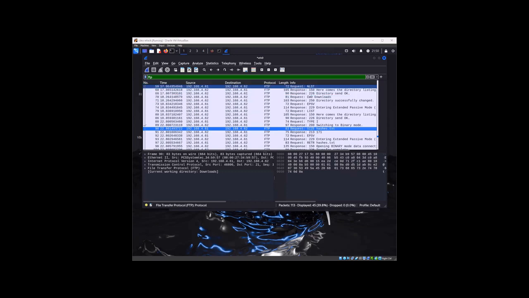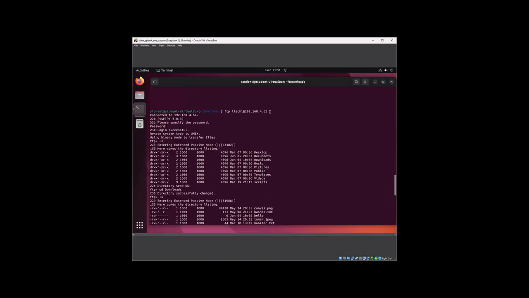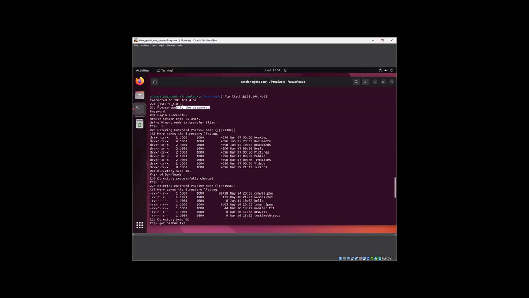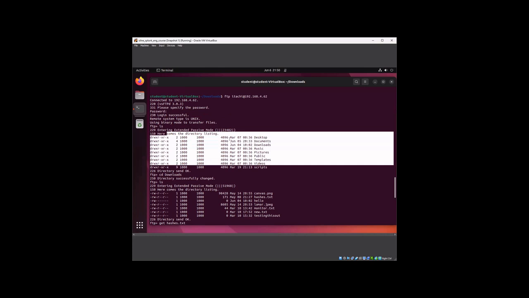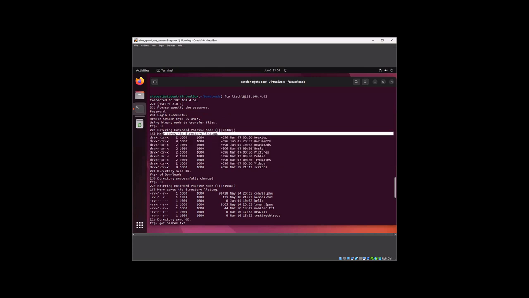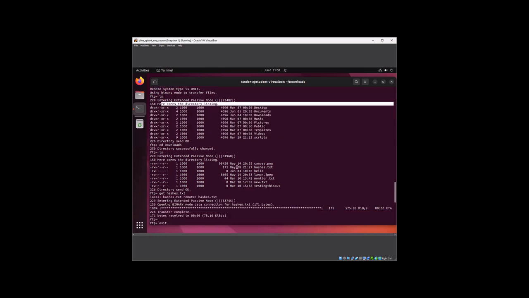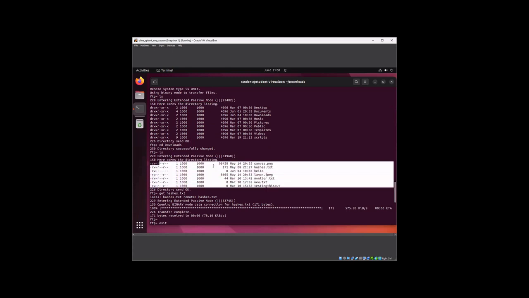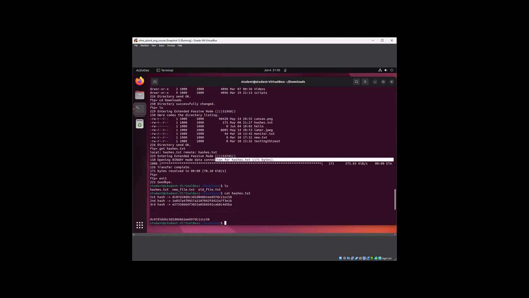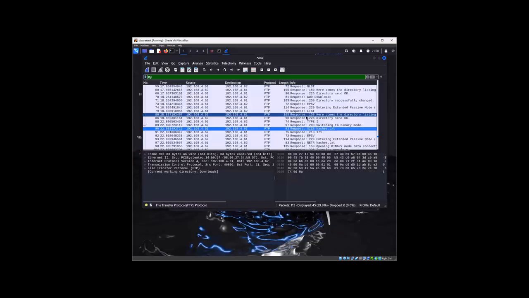Right? Just so we're not tripping, look. The first thing we did, FTP Itachi. We specified the password. You don't see the password here, but Wireshark can see it. Wireshark saw that the password was password. Wireshark saw us list out this directory, right? Here comes the directory listing. Wireshark saw us do it again. Wireshark saw us download this file. Why is Wireshark able to see that? Because the data is not encrypted,